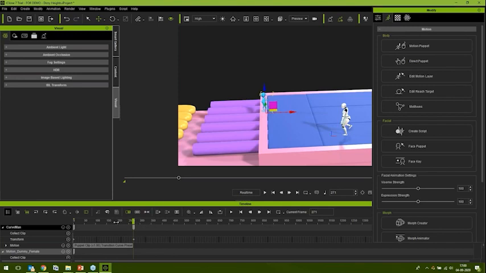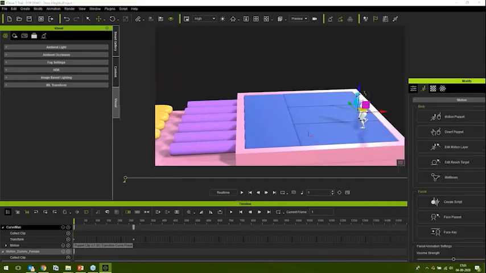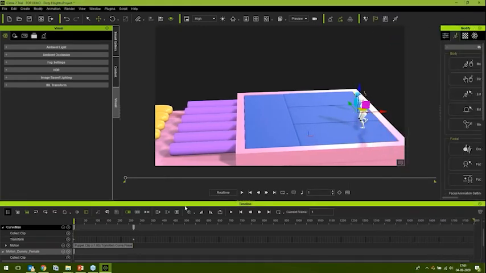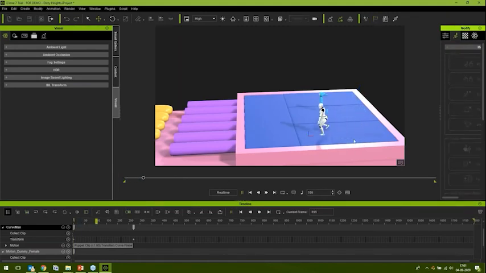I see. So this is the animation, and again play. See, the character is running till here, and after that